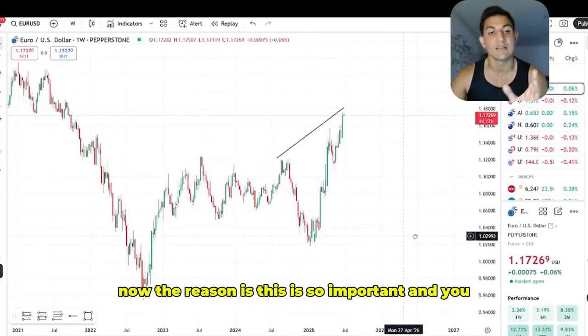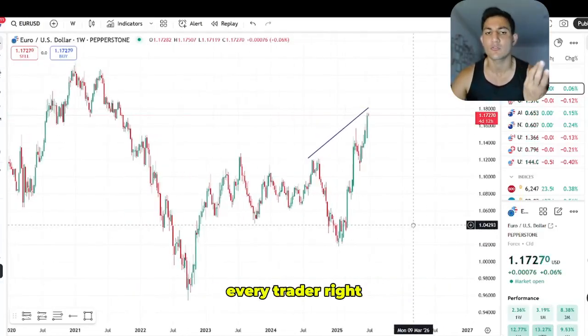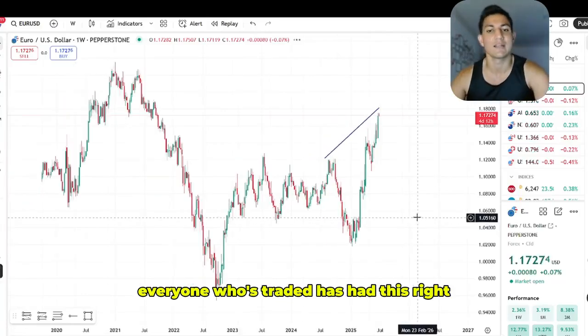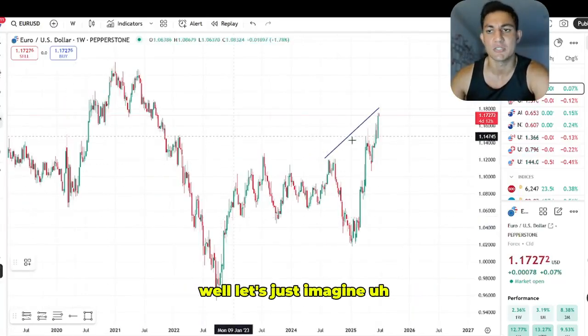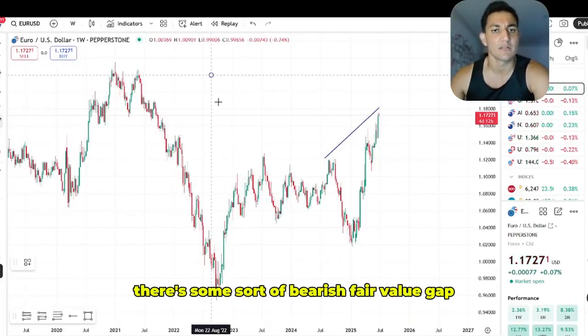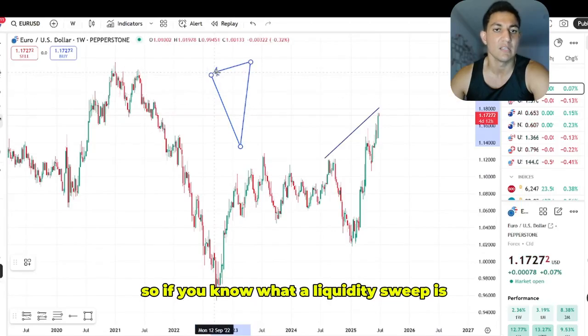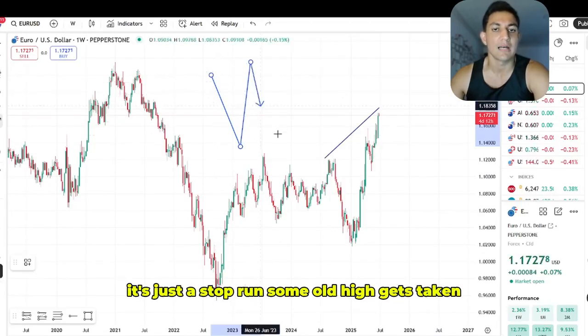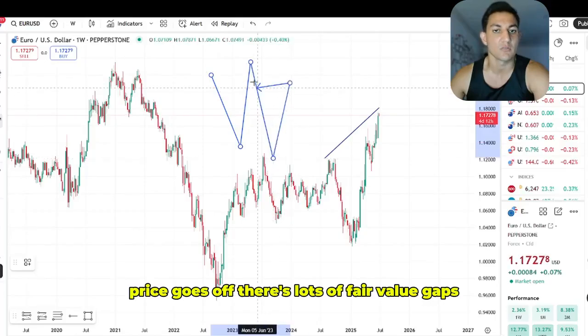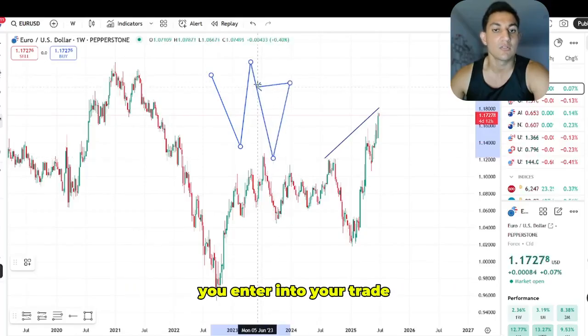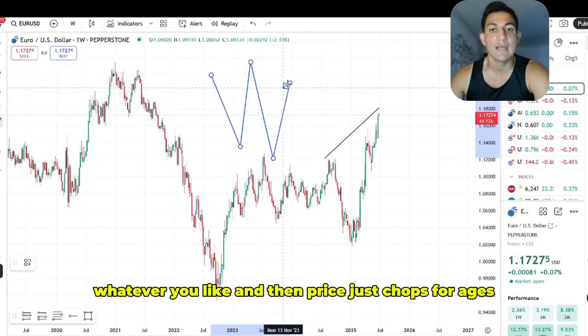Now, the reason is, and this is so important, every trader who's traded has had this, right? Let's just say you're bearish. There's some sort of bearish fair value gap. There could even be a liquidity sweep. If you know what a liquidity sweep is, it's just a stop run. Some old high gets taken, price goes off. There's lots of fair value gaps. You enter into your trade, let's say at a fair value gap, order block, Fibonacci, whatever you like, and then price